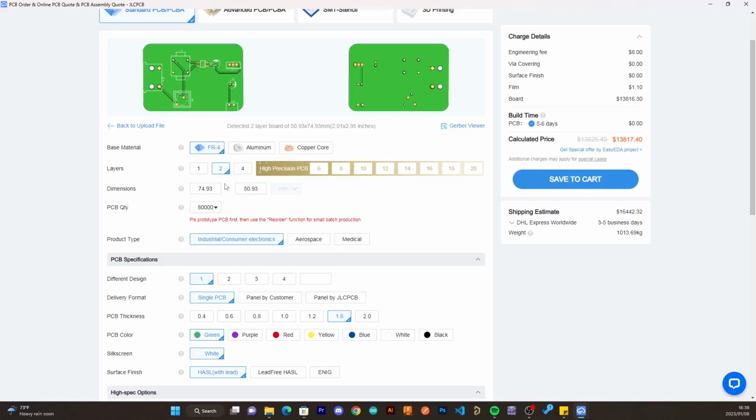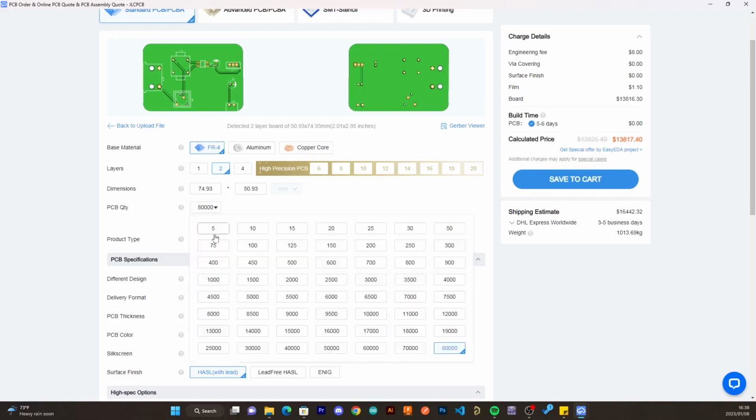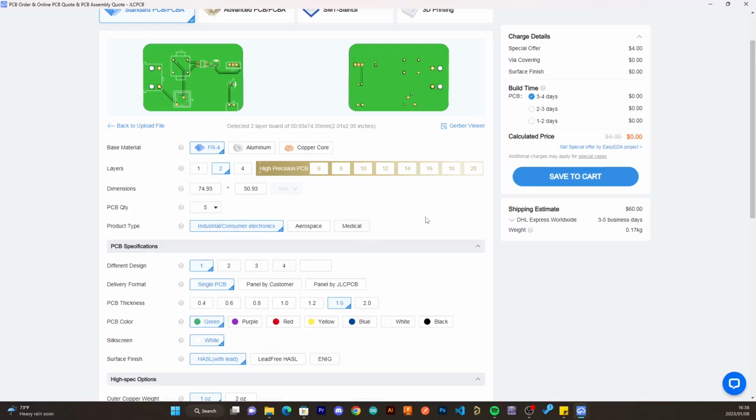So it's giving us wonderful warning messages. So let's go to 5 here in order to prototype our PCB. Once you do that, you place in here save to cart. But before that, you can check the shipping estimate. You can see it's $60 to ship this PCB to Malawi, and you can appreciate here that this PCB will